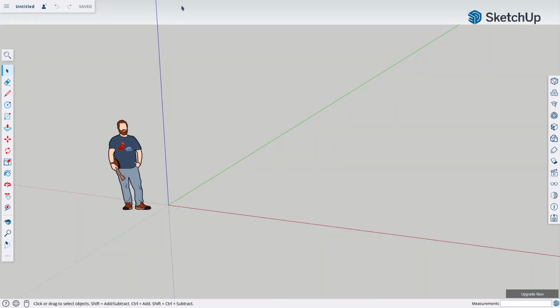And now, this is the main interface of SketchUp. So the first thing we need to learn is how to navigate the 3D space. If you have experience with other 3D software, it works the same way. There are three essential tools you can use to navigate the 3D space in SketchUp. The first is the Orbit tool, which allows you to rotate your view around your model and explore different perspectives.